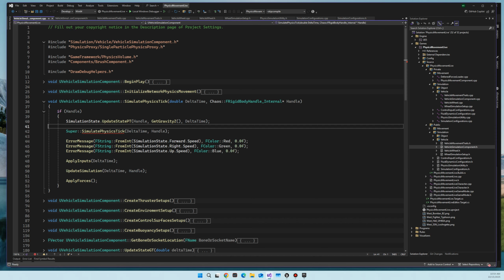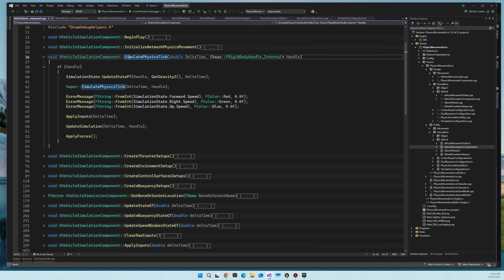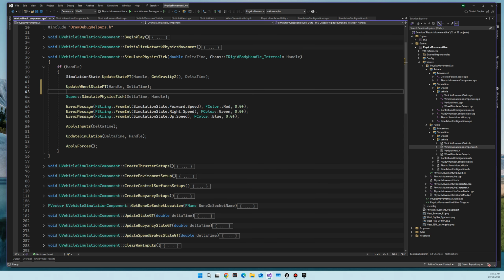I'm just going to go over to here. All right, we'll start from top to bottom and fill it all in. Again, nothing in any constructors. Begin play. Simulate physics thread. We don't need to do anything here yet. Actually, we do. We need to add, and I'm going to do this before the simulate physics tick here,